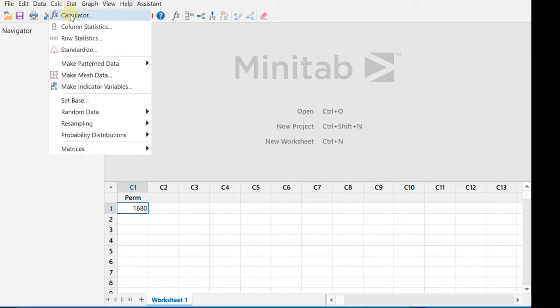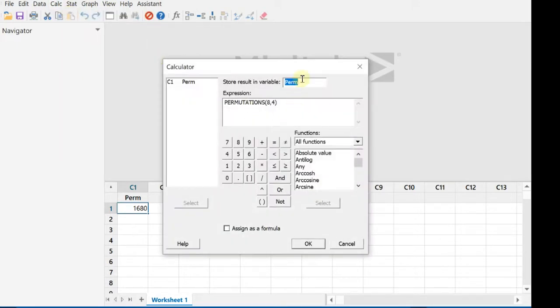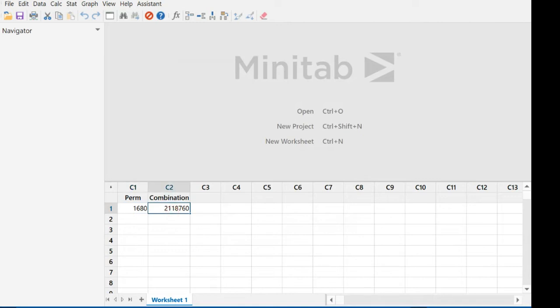Let's say we want to do a combination. So I'm going to go to calculator. This time I'm going to store the result in a new variable. We're going to go combination, and backspace into that one. Alphabetical listing, this is combinations. Number of items, let's say I have 50, and I want to choose 5. Over 2 million ways of doing that. We did that with Megastat. 50 choose 5, and hit OK. And there you go.